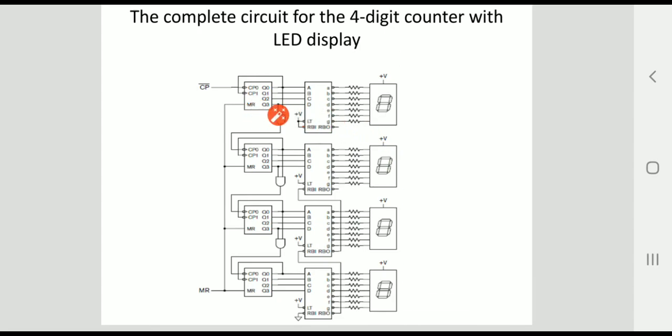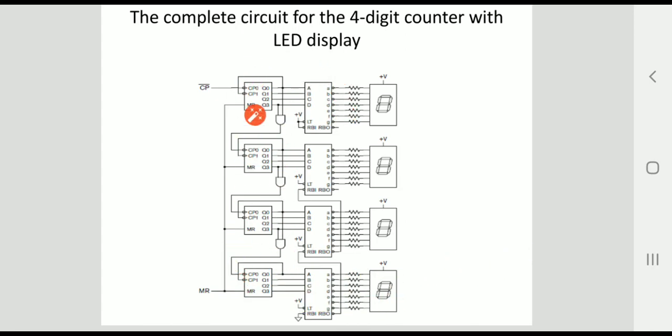And here the outputs Q0 to Q3 are connected to A to D as LSB to MSB. And these 4 BCD values are converted into 7-segment codes here. So LT and RBI connect to the plus volts because here LT controls the 7 segments and RBI prevents any leading zeros from being displayed on the 7-segment. So RBO is used to turn off all the 7 segments when the operation is completed. So these are connected according to that here. Okay, so these are the connections here.